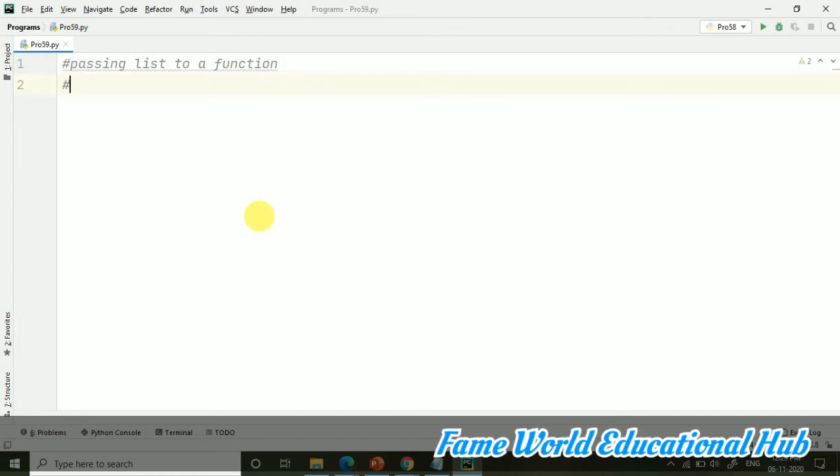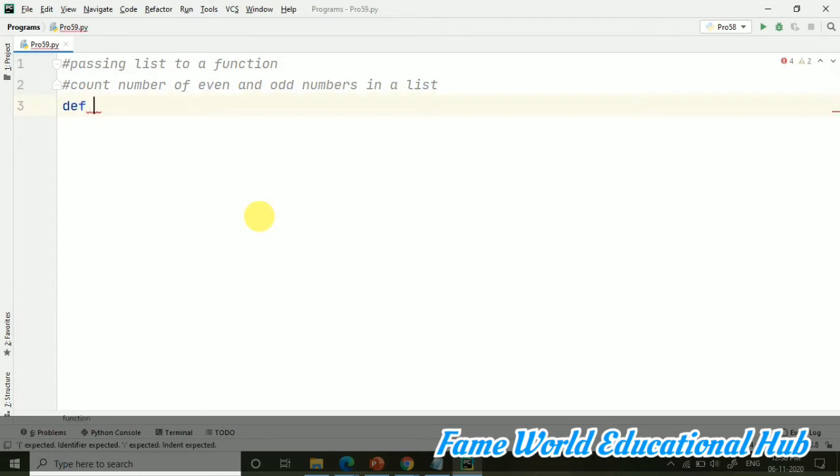I'm going to take a program: count the number of even and odd numbers in a list. We will be taking a list, and it's not searching, it's just bifurcating the even and odd numbers from a list using functions.